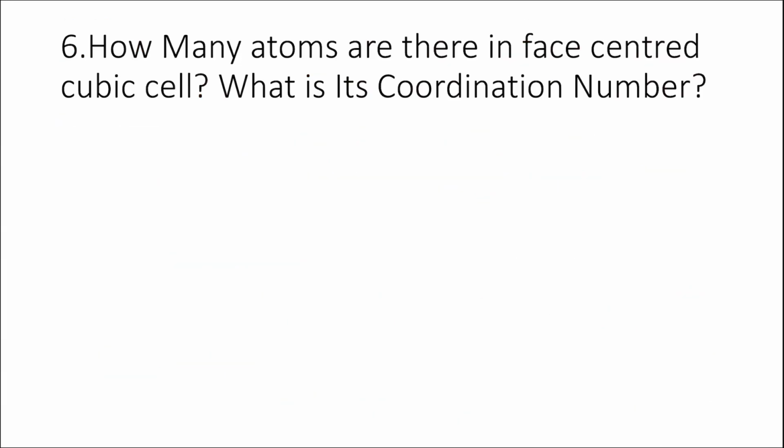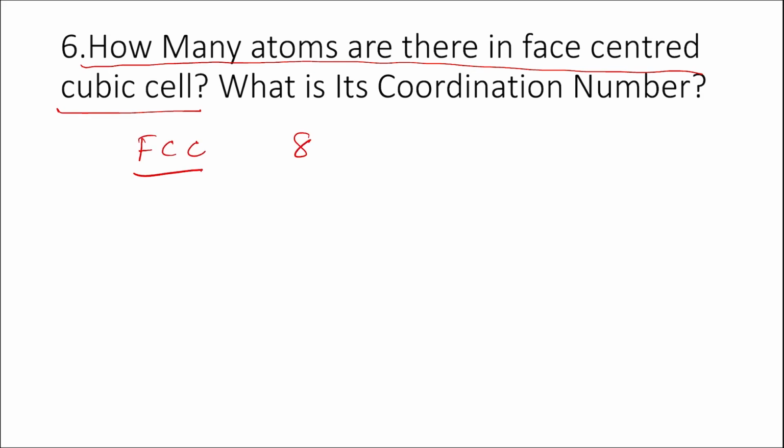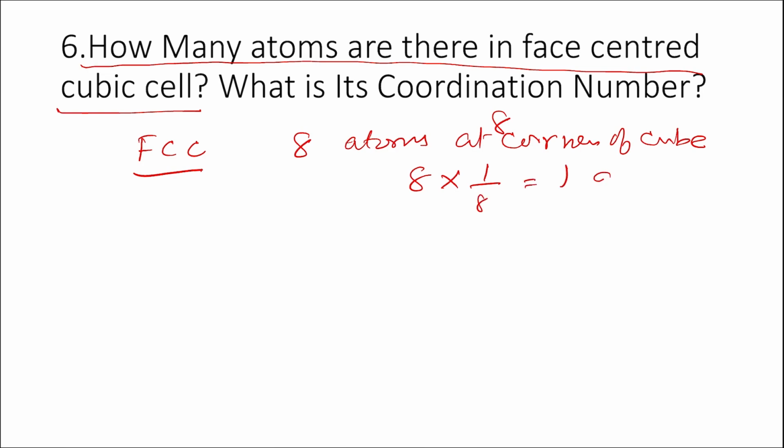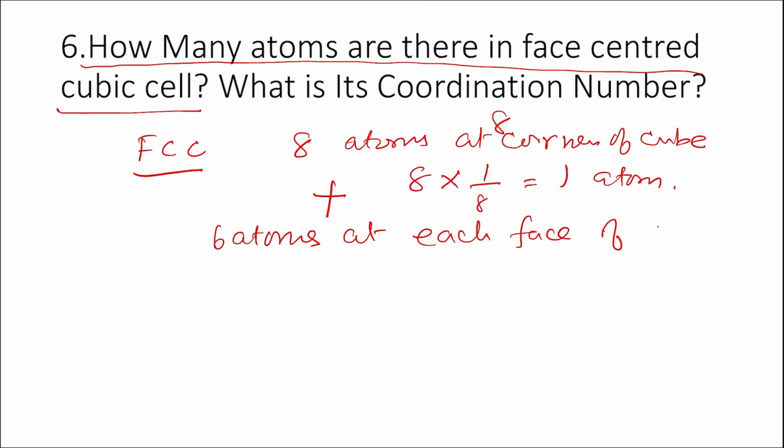Now we come on to the next question, how many atoms are there in a face centered cubic cell? In face-centered cubic cell, there are 8 atoms at the 8 corners of the cube. The effective number will be 8 into 1 by 8, that is 1 atom. But beside this, plus 6 atoms at each face of the cube,